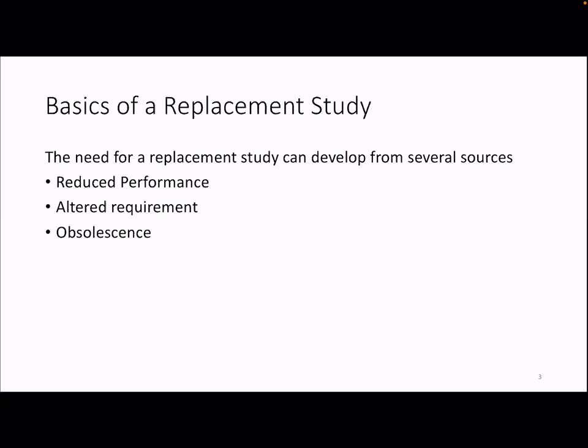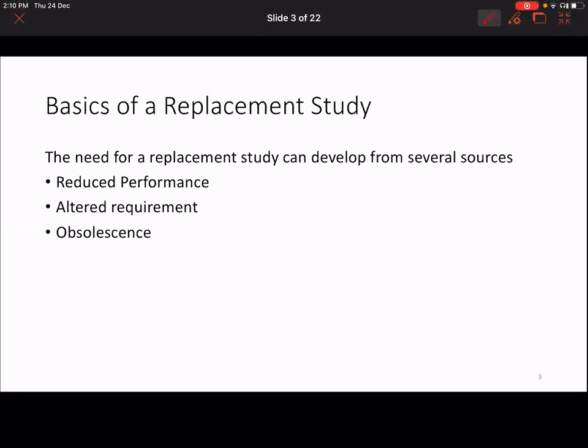The third one is obsolescence. Obsolescence means it alters requirements in some way. It is required, but it is not much required. But if it is obsolete, there is no need for it anymore. The technology has been changing for so long, so you need to think about replacement. Especially in your mobile phones. You always do this. In your mobile phone, you do your own replacement study based on your own